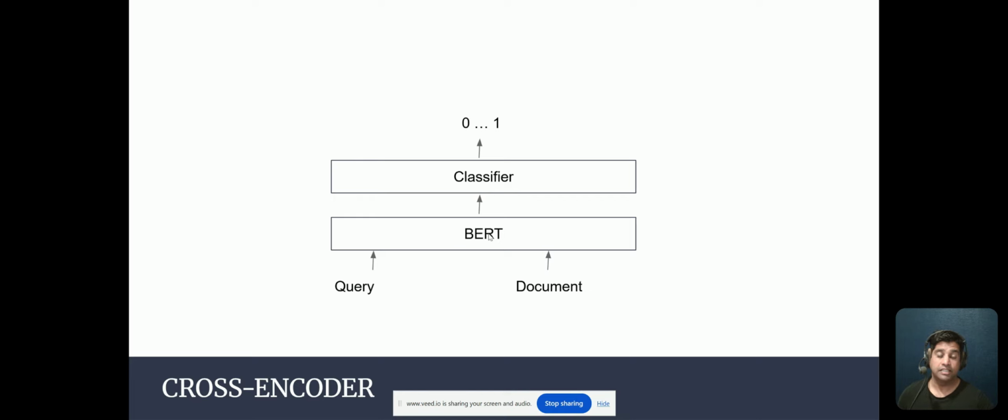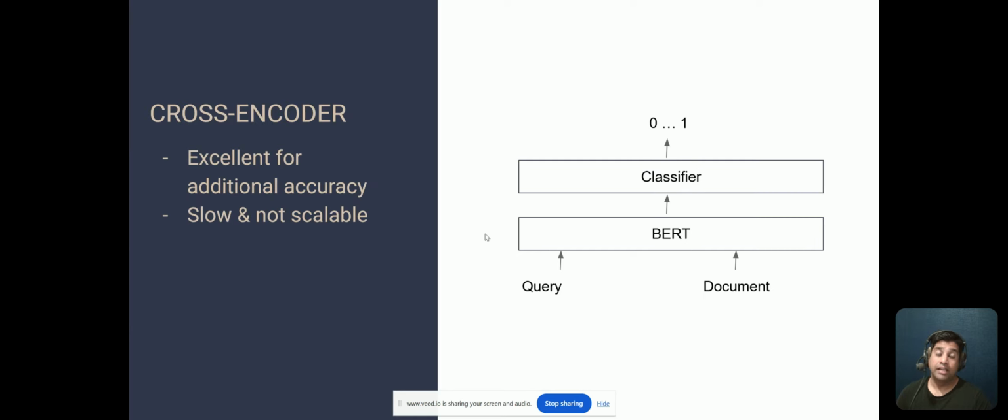You want to send both your query and your document to a BERT model. Now, a BERT model is the encoder from the original transformer model, right? You then pass that on to a classifier, and then you're going to get a result between 0 and 1. And that will indicate how semantically similar the query is to the document. Now, as you can imagine,